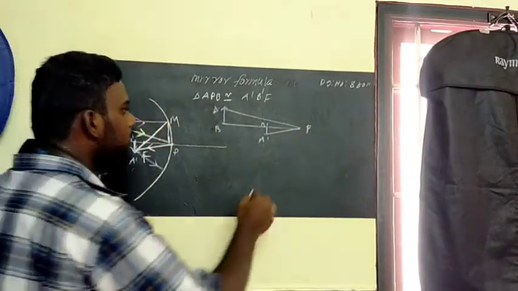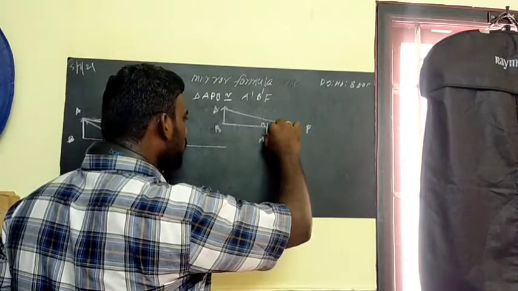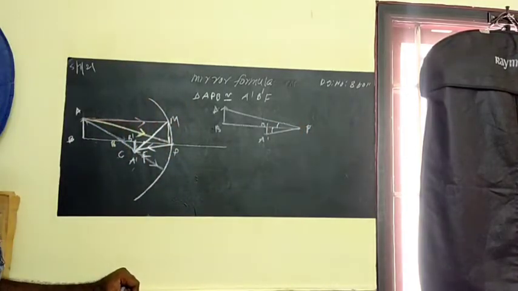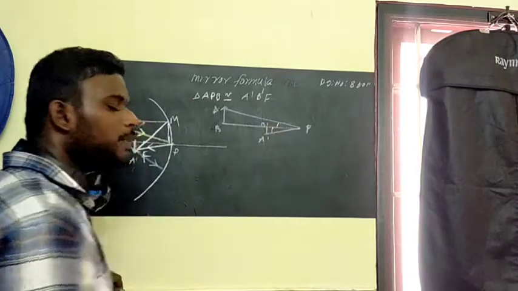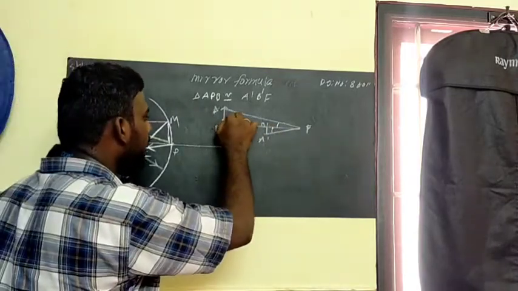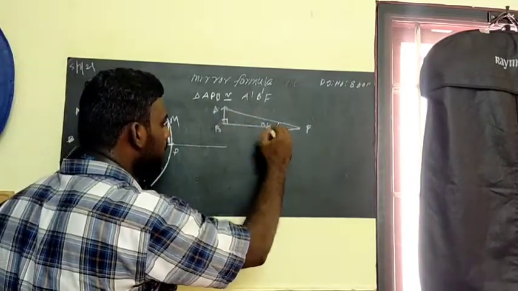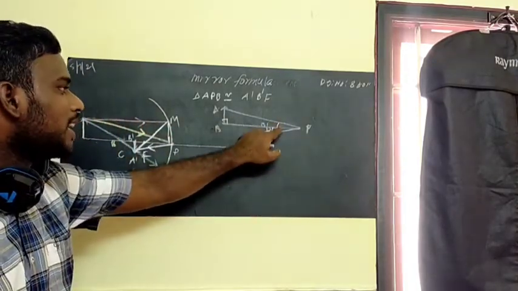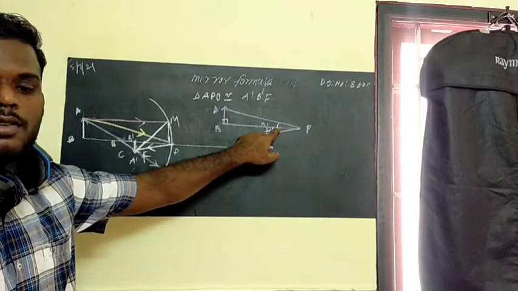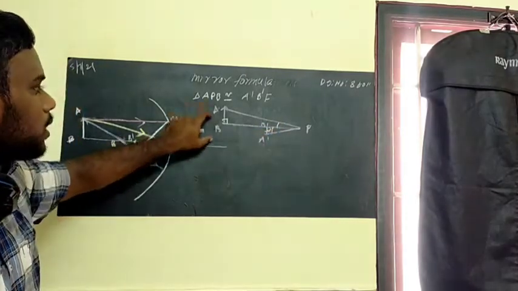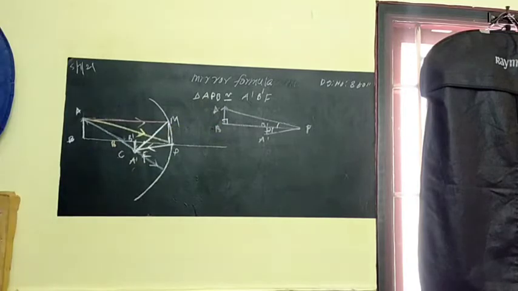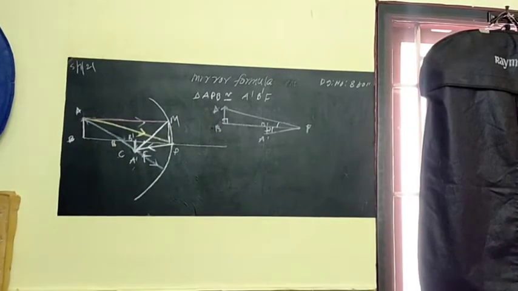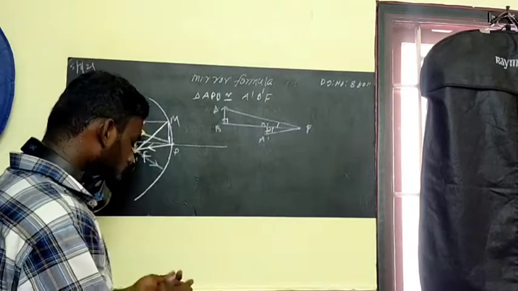And here you can see that the angle of incidence will be equal to the angle of reflection. Is that clear? So this angle and this angle will be equal. And here it is 90 degrees. Here this is 90 degrees. So we proved two angles are equal, so the triangles are similar. Here the angle of incidence is equal, and here also the angle of reflection is equal. Is that clear? And we have one ray. Is that clear? So now you write the same side.